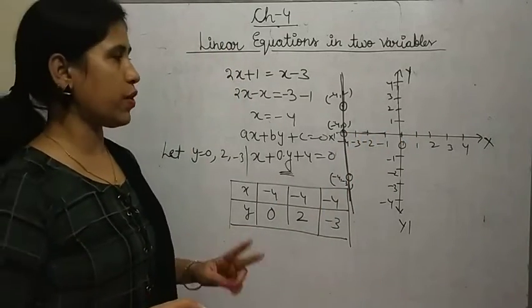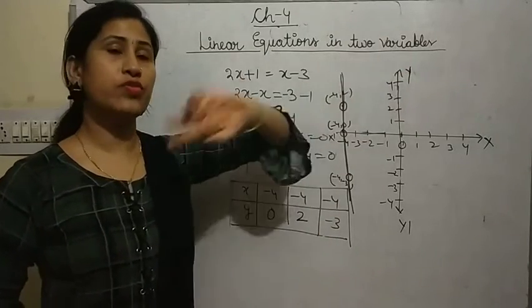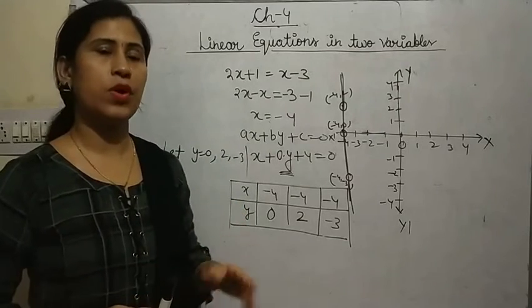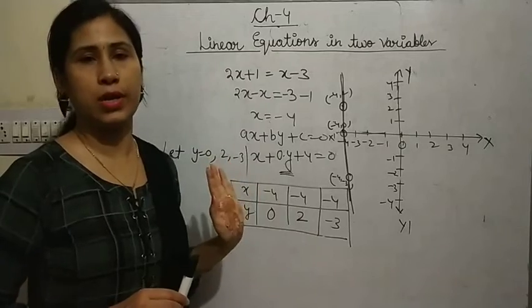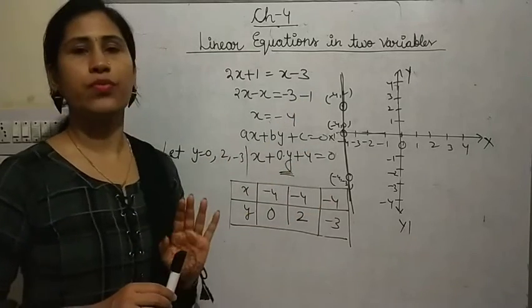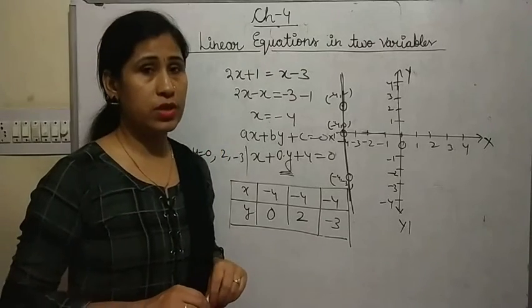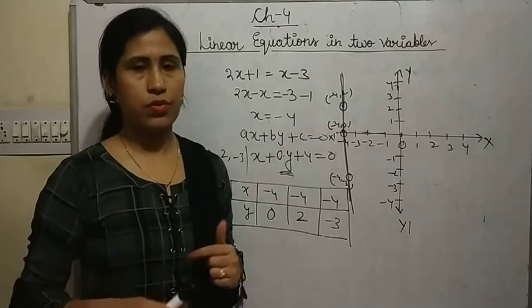A question can come in two forms only, this type of form or your horizontal form. So which question have we done? Exercise 4.4. So both types of things are there. One figure has come horizontal and one figure has come vertical. So like this we need to find. I hope you understood. Here we have done the chapter 4 revision. In the next class we will go for the revision of chapter 7. So read it carefully.